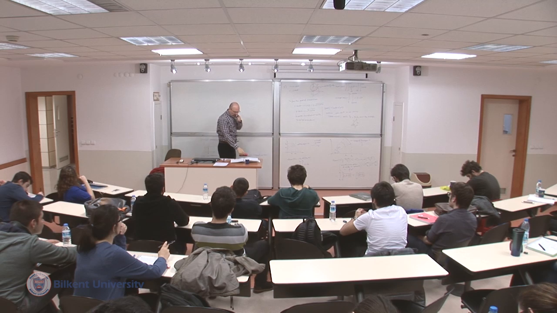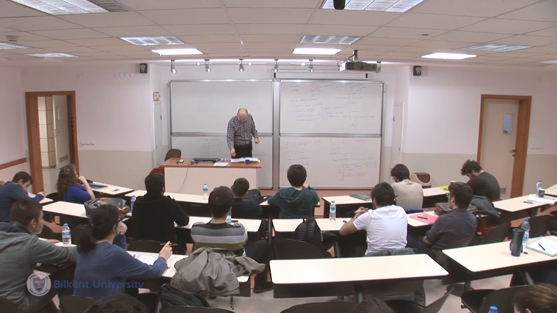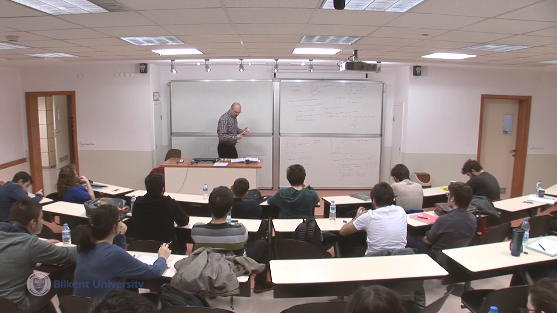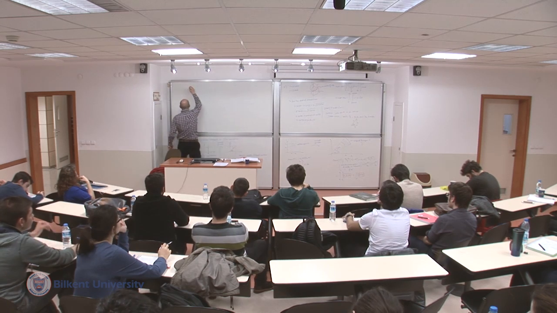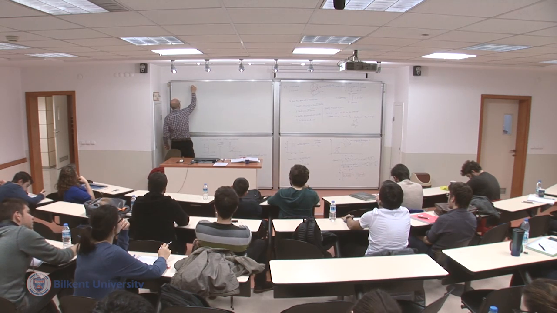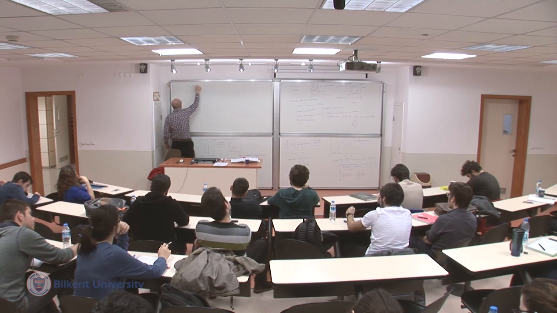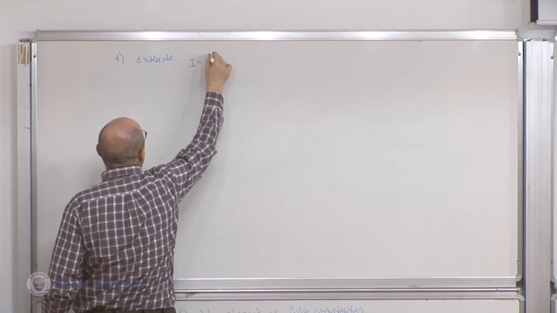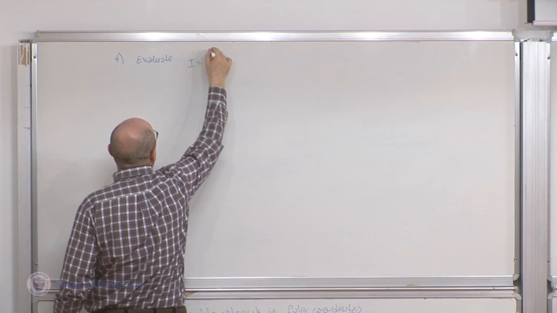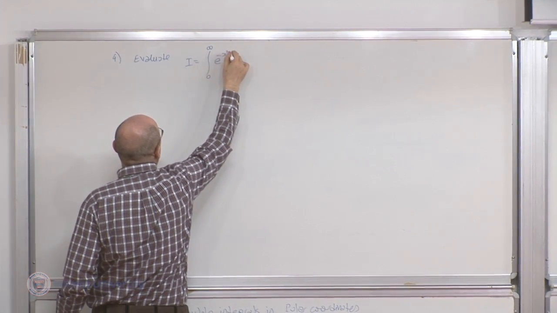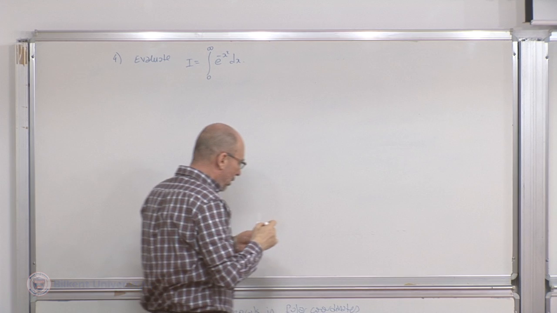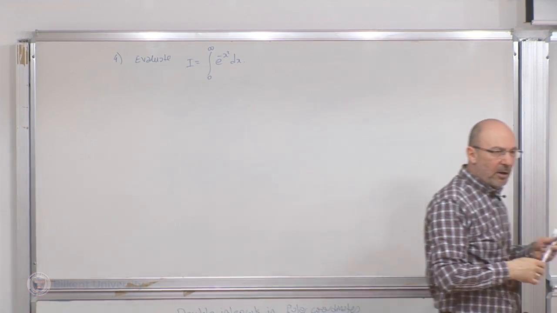This is a function that comes up in probability, so we keep playing with it. Okay, so evaluate the integral from 0 to infinity of e to the minus x squared dx. Okay, so this is something that we cannot do in